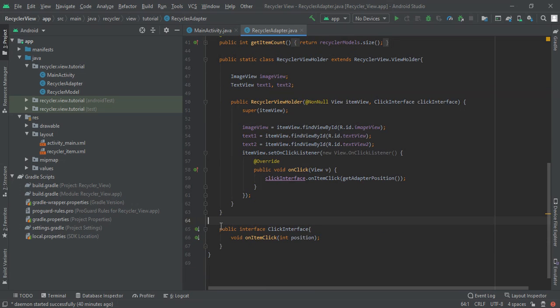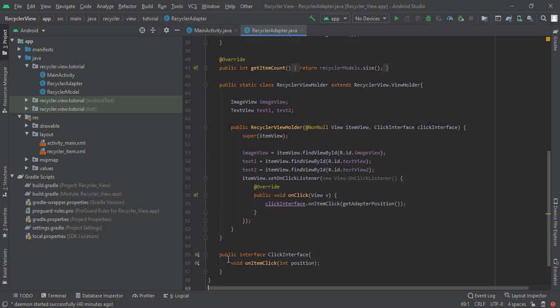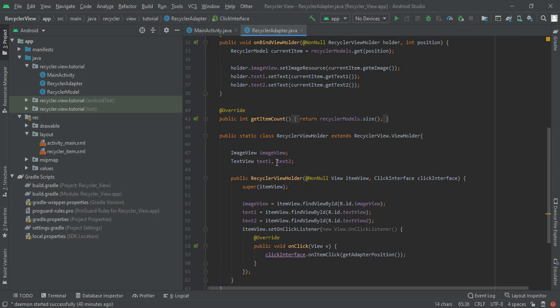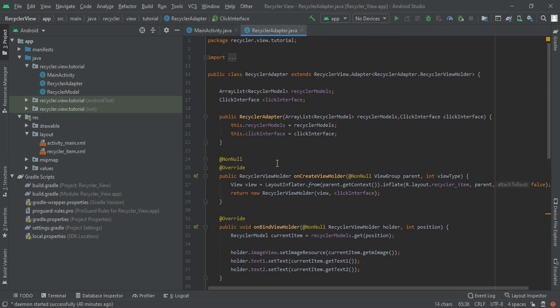After you add the public interface, you have to move to the top of your recycler adapter. Here first add click interface, the interface we have created below. Then add this click interface to our constructor.